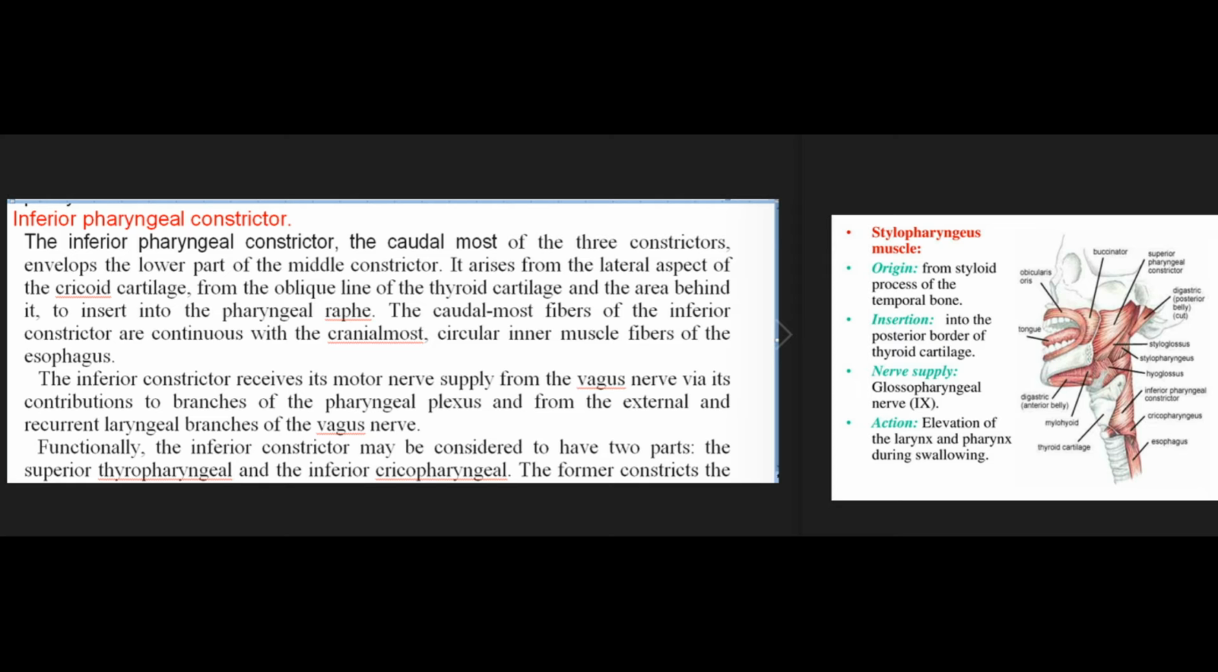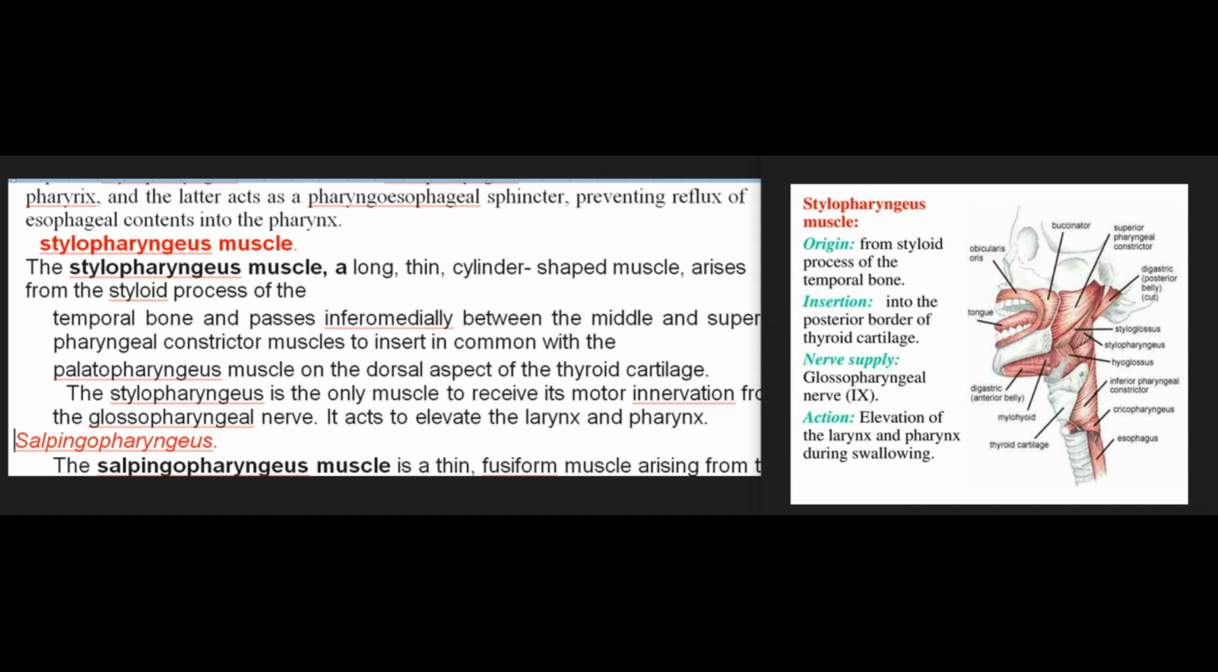The inferior constrictor receives its motor nerve supply from the vagus nerve via its contributions to branches of the pharyngeal plexus and from the external and recurrent laryngeal branches of the vagus nerve. Functionally, the inferior constrictor may be considered to have two parts, the superior thyropharyngeal and the inferior cricopharyngeal. The former constricts the pharynx, and the latter acts as a pharyngoesophageal sphincter, preventing reflux of esophageal contents into the